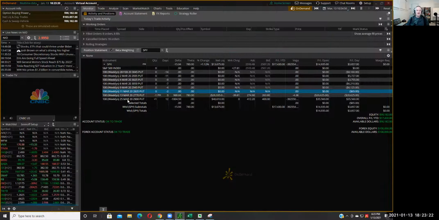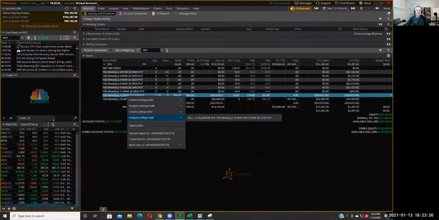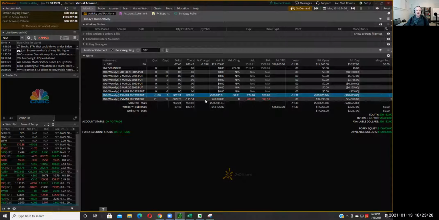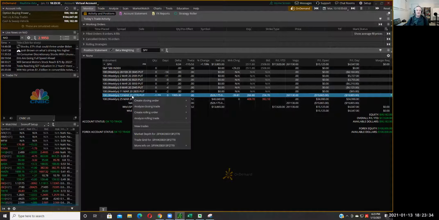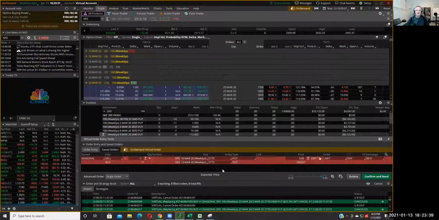So what I'm going to do now, it is now March 13th, and I'm going to roll this 27.77. Look at this. The long put's worth 40 grand, and it costs us 26,175 to buy back that short put. So I'm going to click on rolling order, and I'm going to roll this time to 25.15. Oh, that's going to cost us